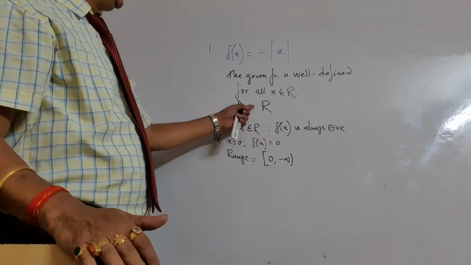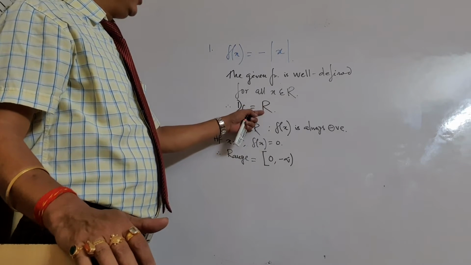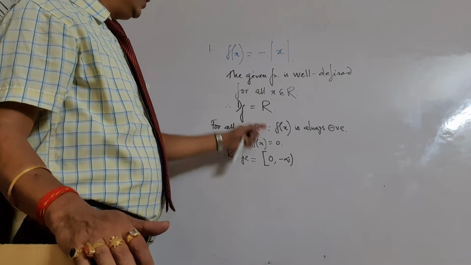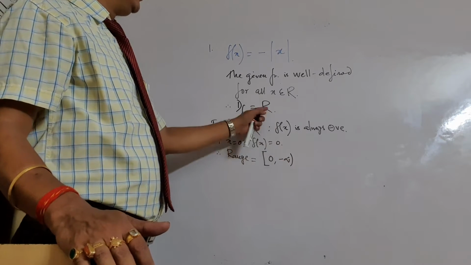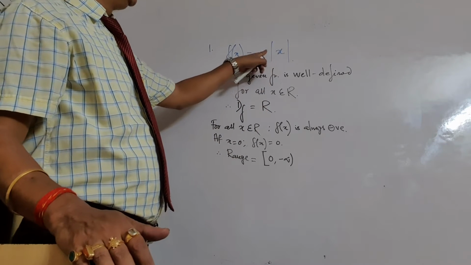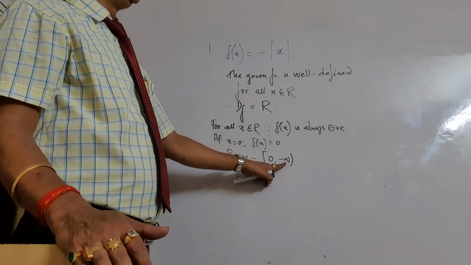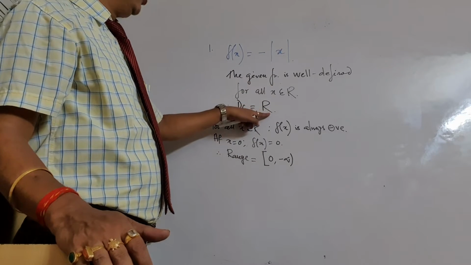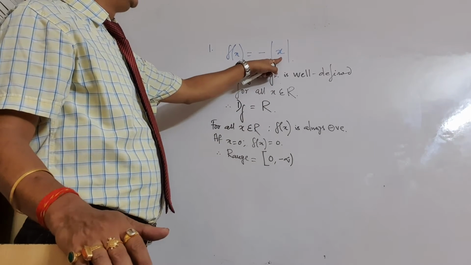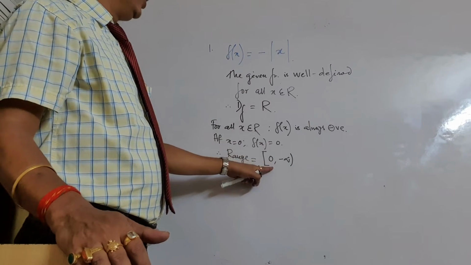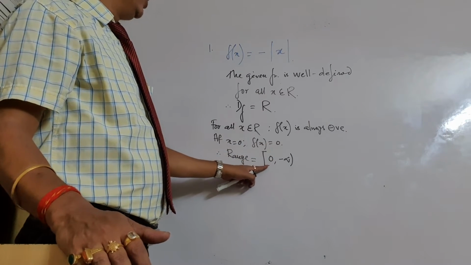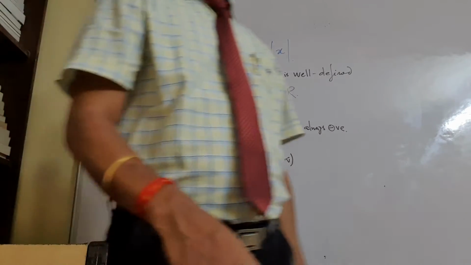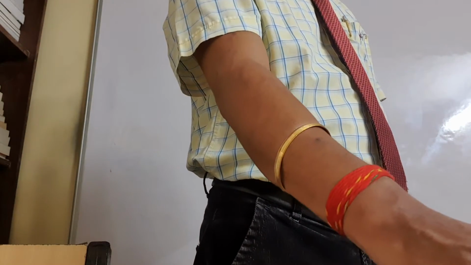Like here we can take any real values, and for any real values the corresponding values of y will be 0 to minus infinity, because if you put any real number here, the value will always come negative, so it is going towards minus infinity. But 0 is included in real numbers, so if you take 0, then the value of the function will become 0. So 0 will be under the closed interval, minus infinity will be under the open interval. So the range will be 0 to minus infinity.